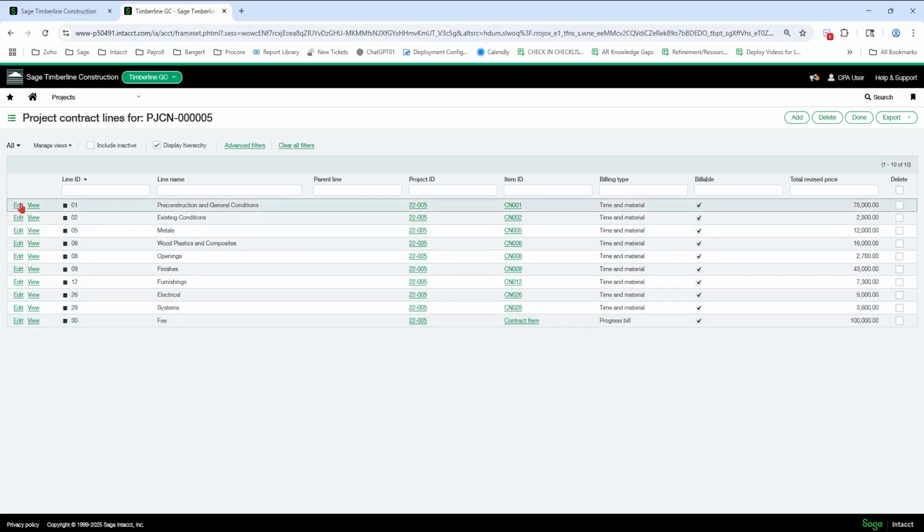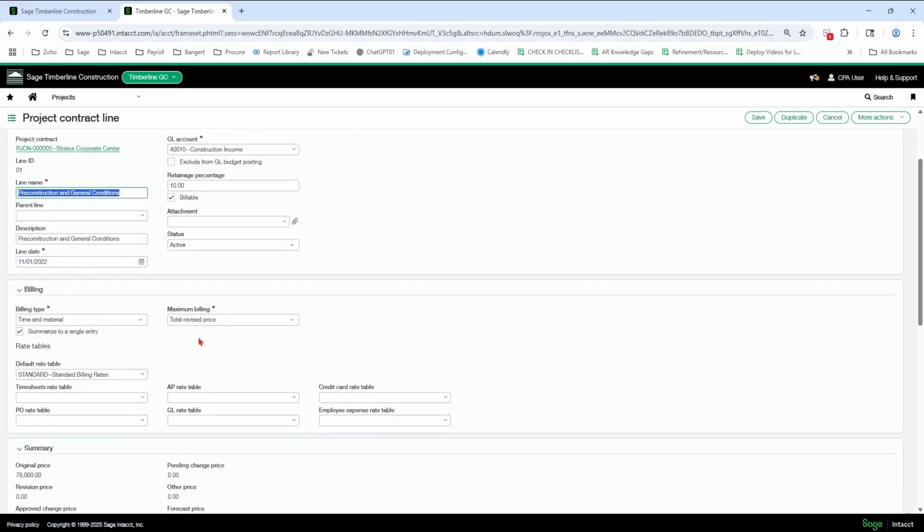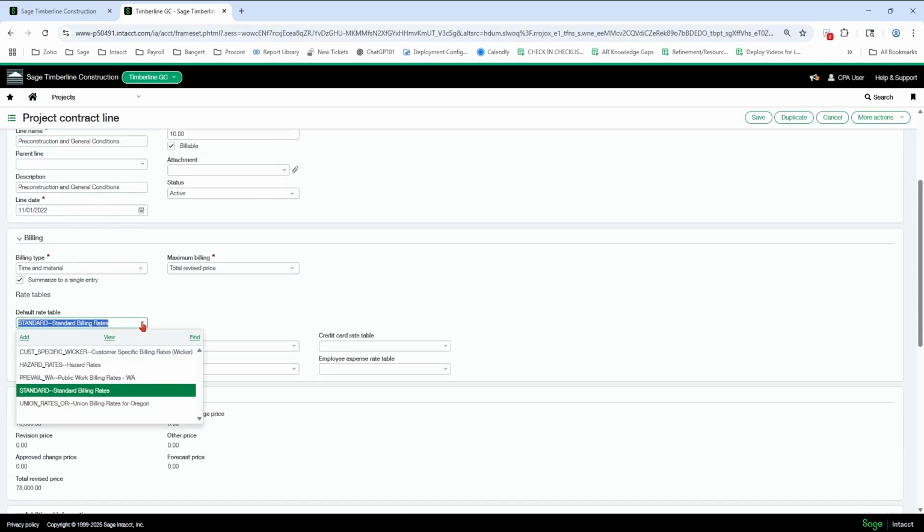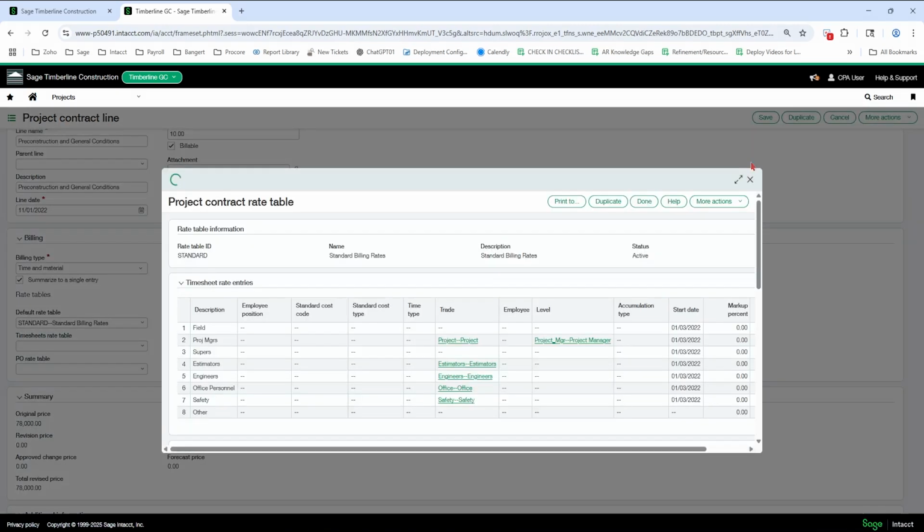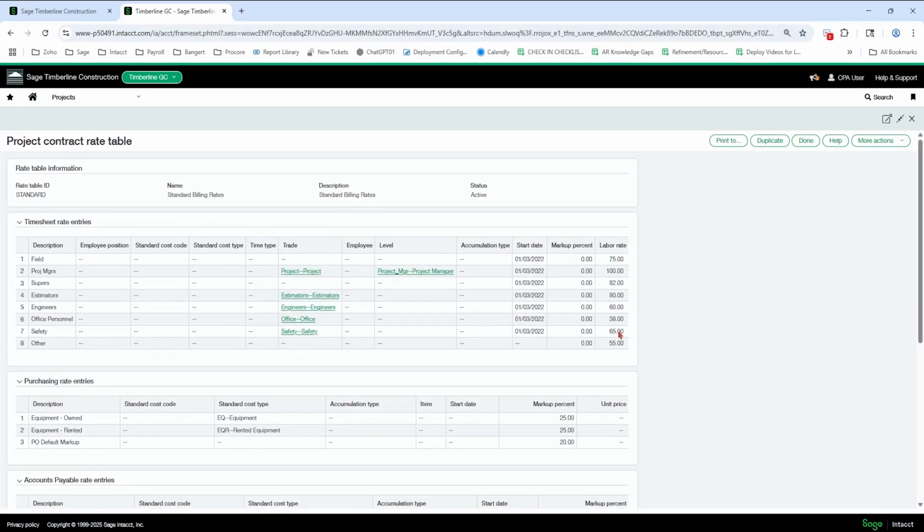Okay, so the caveat to this is on the rate table, you might want still the labor rates to have markup on them or have this per rate per hour situation, but you're not going to do this because you're going to put the fee, the percent fee at the bottom. Okay, so you're going to make these all blank here. So you're not going to fill in anything after timesheet rate entries if you want a per hour rate only and you want the fee at the bottom.